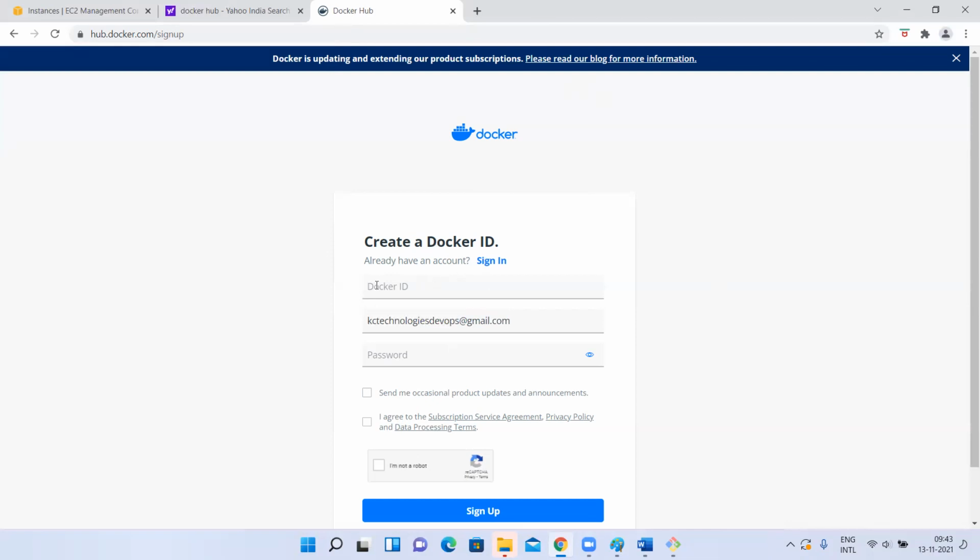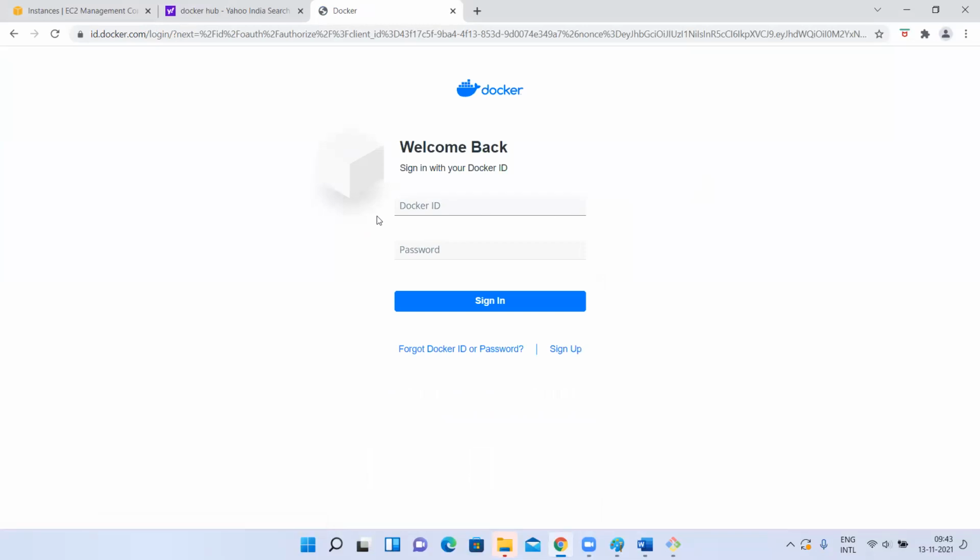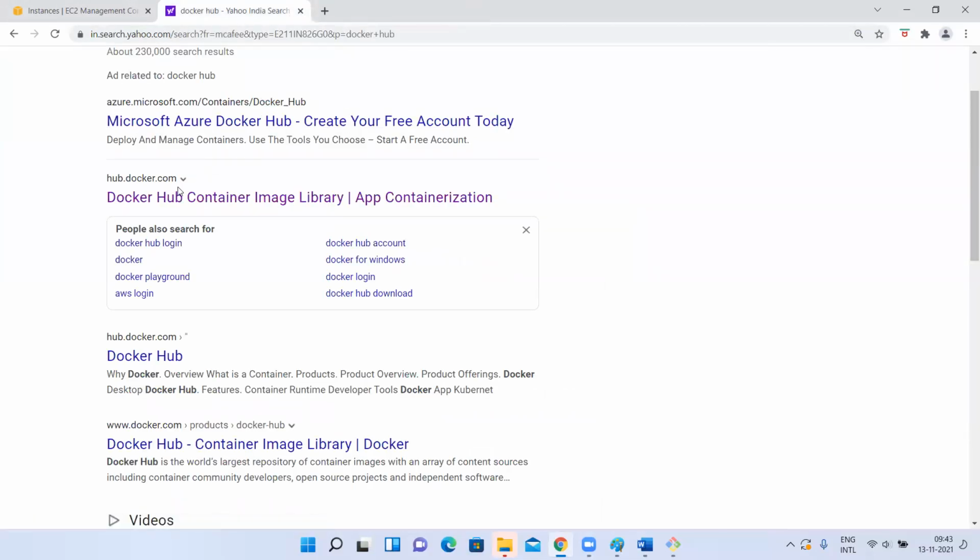But if you give 1, 2, 3, ABCD, your name, you'll forget. So always give whatever your email ID has before the @, right? You give it, so you'll not forget. You'll remember your email ID, so the Docker ID also you'll remember. And then password, and then sign up. Once you create, I already have an account for this, so I can't create it, right? Once you create this, that's it. You will have a valid account. You can sign in to your account and you can push your images. I have already pushed so many images. We'll see that later. So first let me go to my Docker Hub.